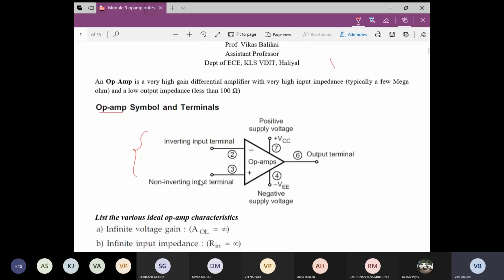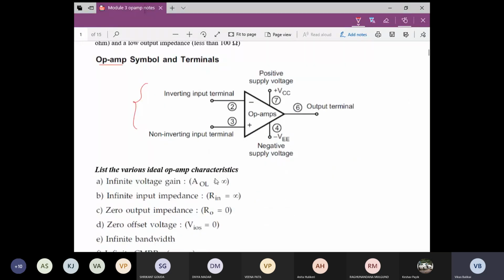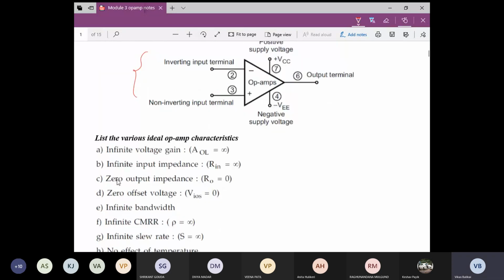In the discussion, we started to identify two major characteristics. Input impedance should be very high; ideally, it should be infinite. Output impedance should be very low; ideally, it should be zero. Then we also understood why we should have a very high voltage gain: in order to amplify the smallest of signals to its maximum value, I should ensure that the gain is very large.